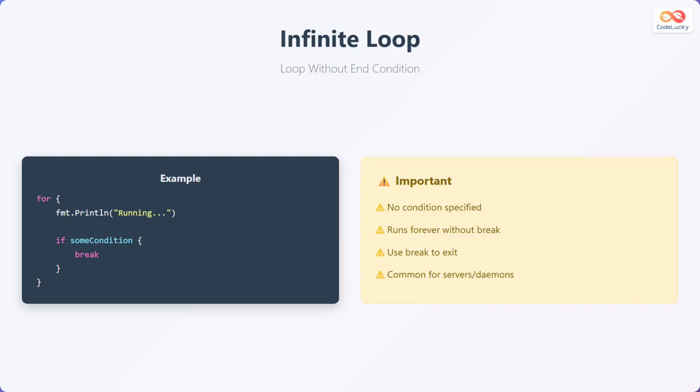An infinite loop runs indefinitely because it lacks a terminating condition. Here's an example. For followed by empty curly braces. Inside the loop, fmt.Println("running"). Then an if condition to check if some condition is met, and if so, a break statement to exit the